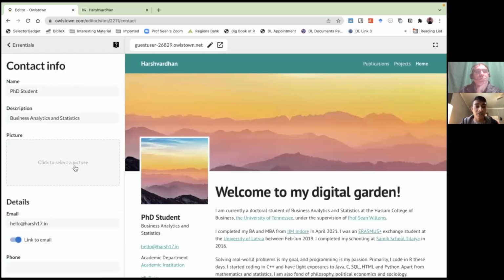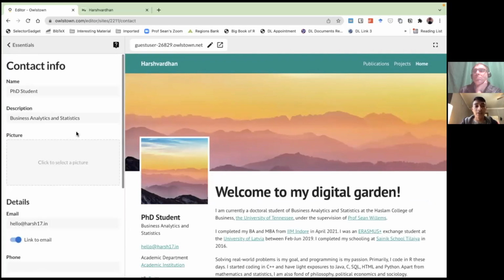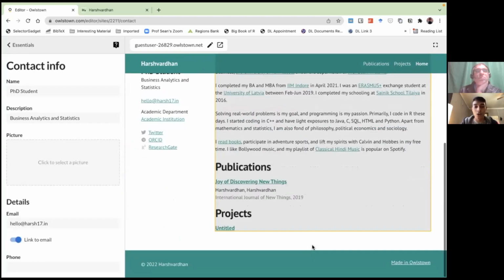What about contact information? This is probably one of the most important things I have found. I would recommend that you should have a contact page, not just limit yourself to this. And on this page, if nothing else, just have a Google form that asks for your email and asks for your other details.